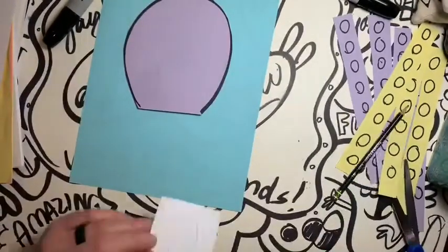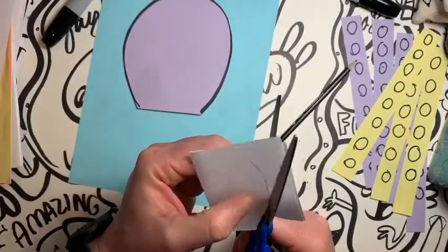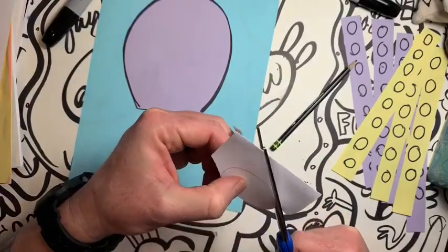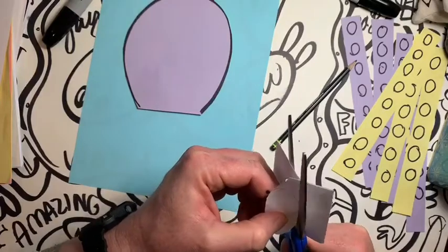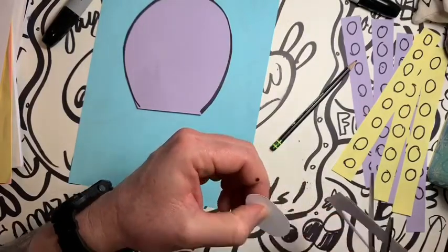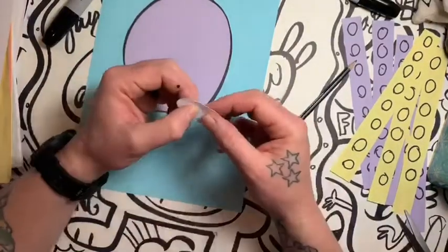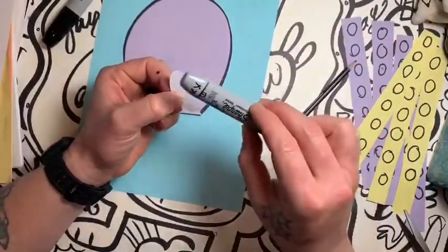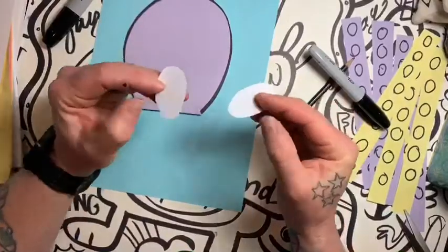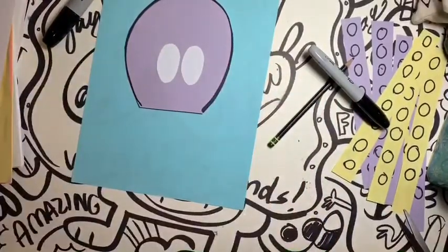Now out of this oval shape, we're going to cut around. And guys, if I am going too fast or anything like that, you could always rewind this back and catch up. No big deal. And I can wave my magic Sharpie and tap it. And I have 2 eyeballs. Okay. Now, fun part